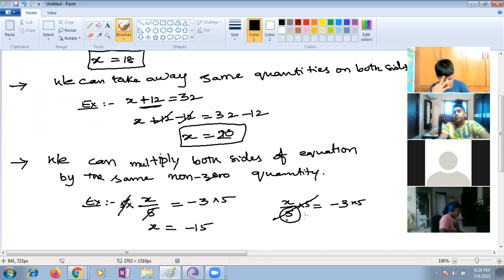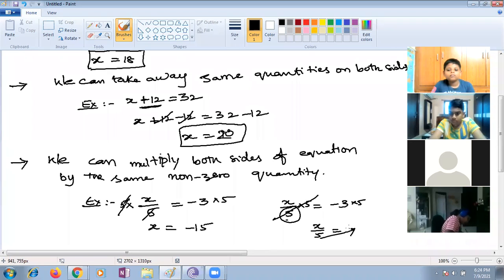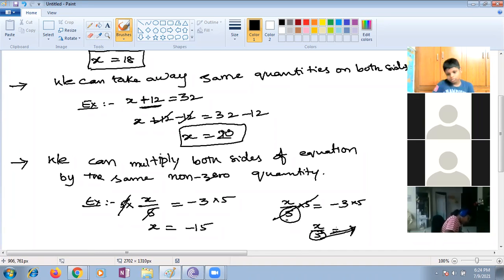That's why my teacher is saying x by 5. If you send this 5 to the other side, it should become multiplication. Why? Because 5 is under division. If you transpose it to the other side, it becomes multiplication. This is happening. Just observe the things. We will go with a general sense also. No need to worry here.